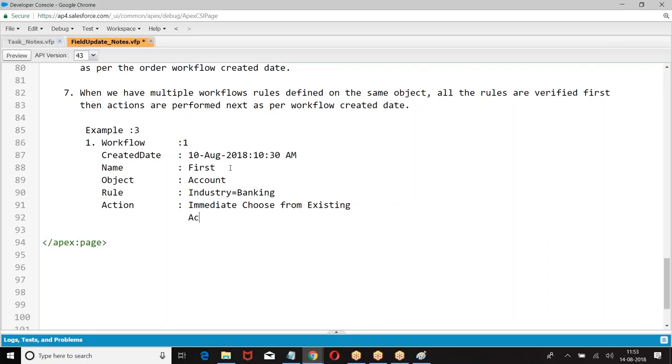What did you choose? Workflow, same story.